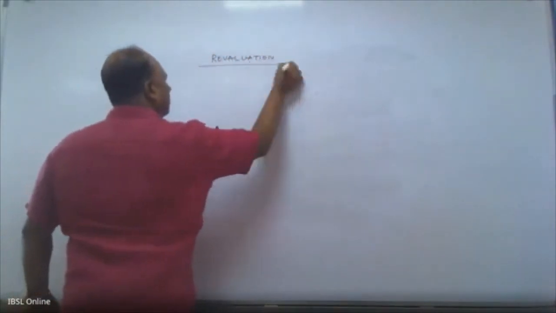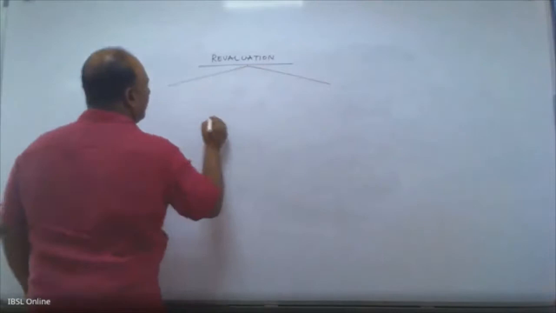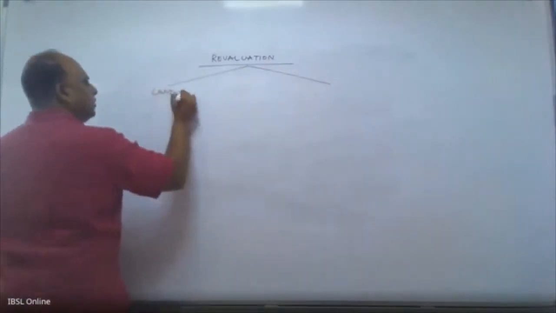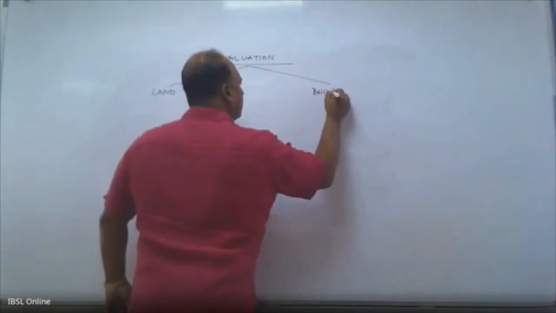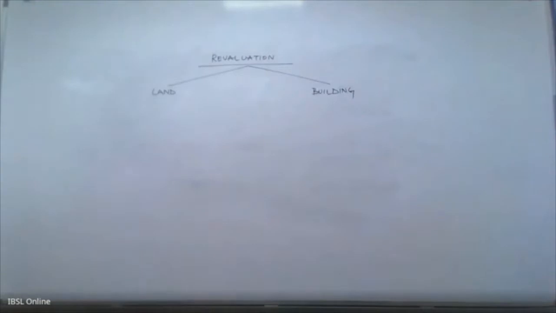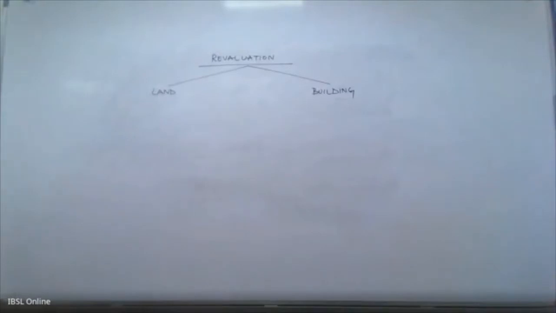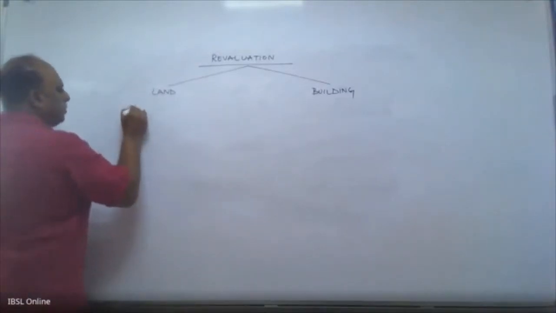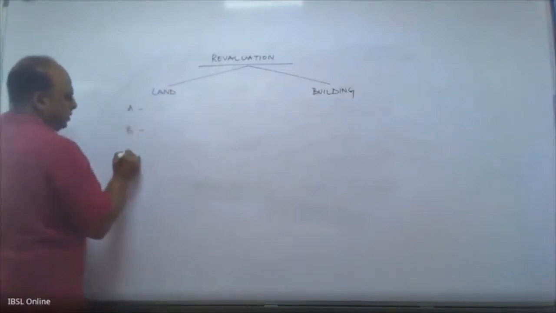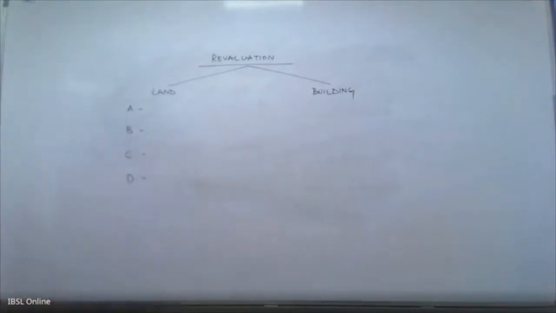So when you look at the revaluation, generally we talk about revaluation of land and revaluation of building. Those are the two major ones. I'm not talking about the other assets like computer and that and this. Okay, right. Let's assume you are a company and you have your own properties, which are classified under property, plant and equipment. So let's say you have land A, B, C and D, for simple.